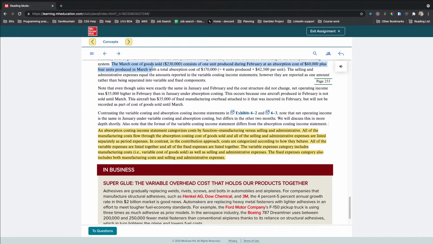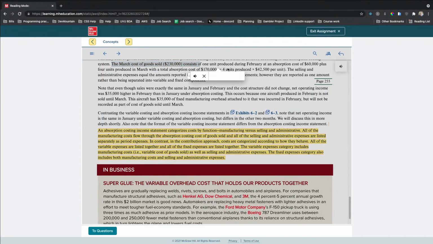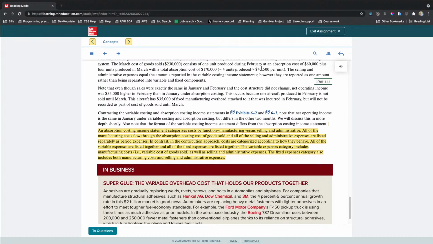The March cost of goods sold, 230,000, consists of 1 unit produced during February at an absorption cost of 60,000 plus 4 units produced in March, which a total absorption cost of 170,